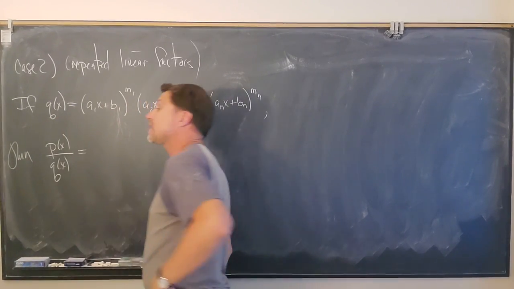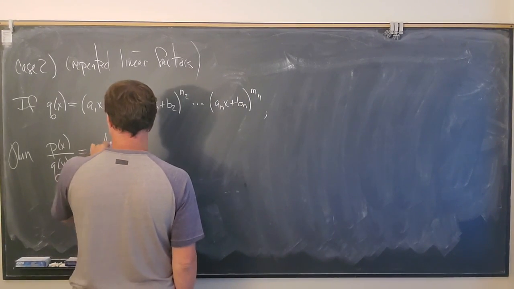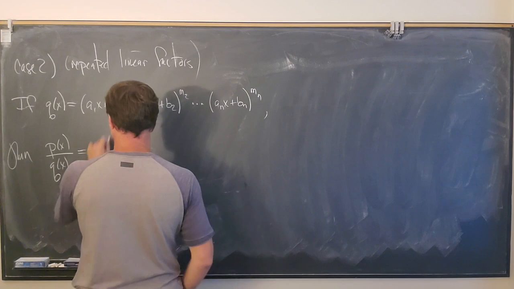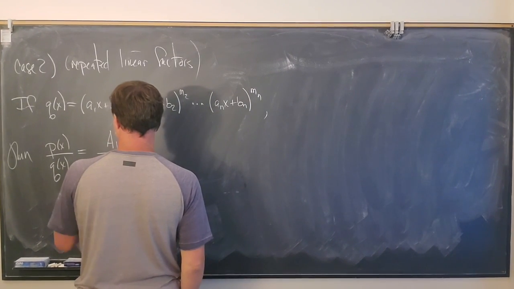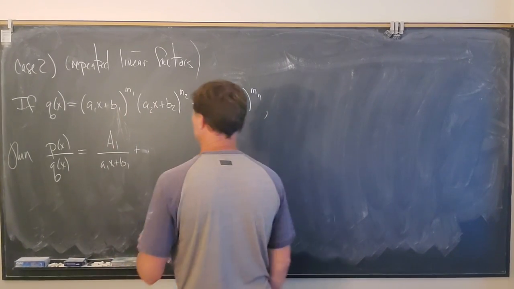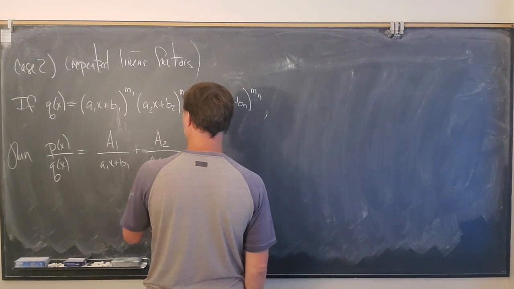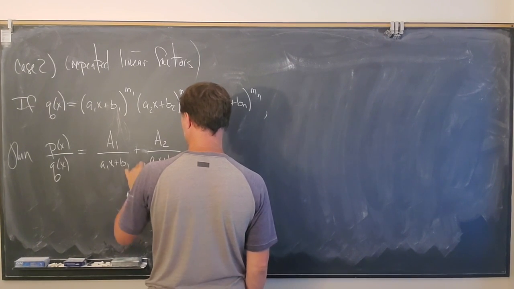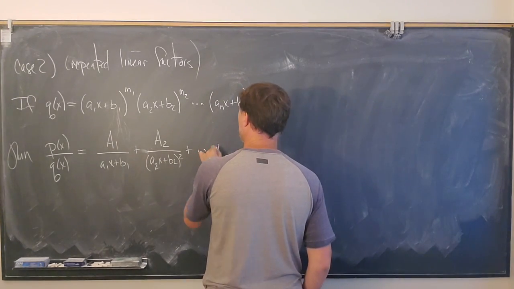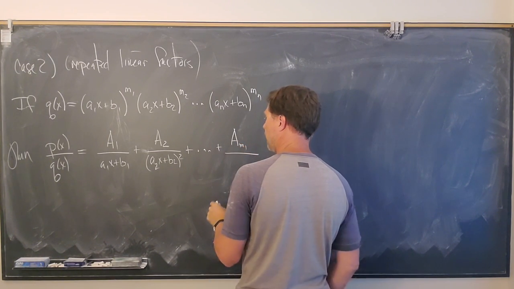the polynomial p of x divided by q of x can be written as a1 divided by little a1x plus b1, plus a2 divided by a2x plus b2 raised to the second power, plus a sub m1 divided by